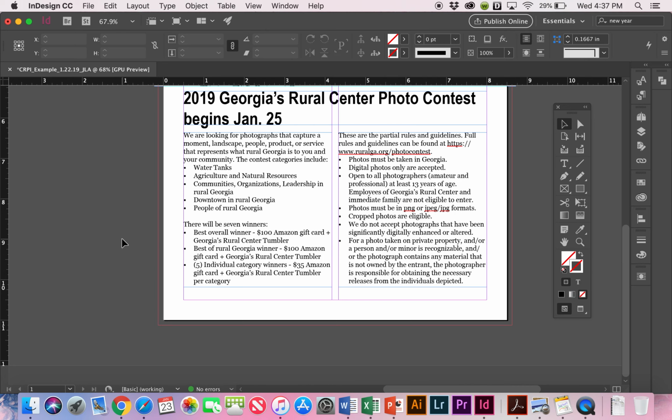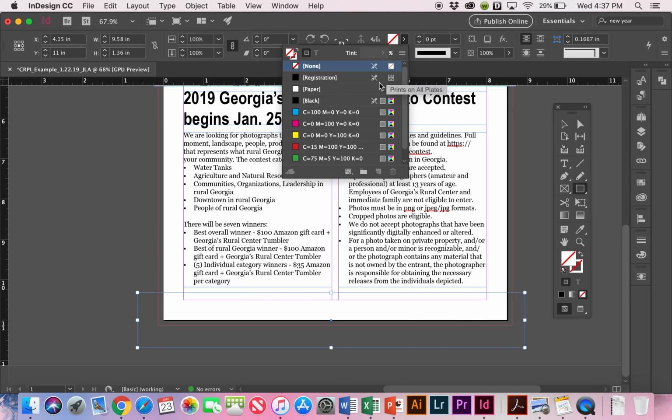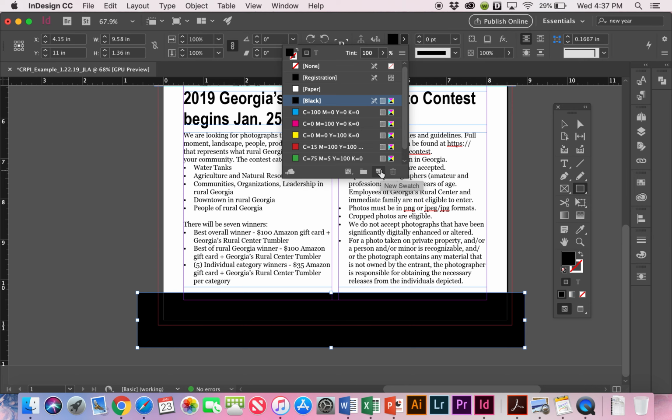Okay, so now we're going to create shapes, and that's super simple. We're going to go over here to our rectangle tool in our toolbox again, and we're just going to click and drag a shape. The biggest thing is just making sure it's at a 180-degree level, that it's not crooked. So right now it's not filled, it's just a box. What we're going to do is just select black,